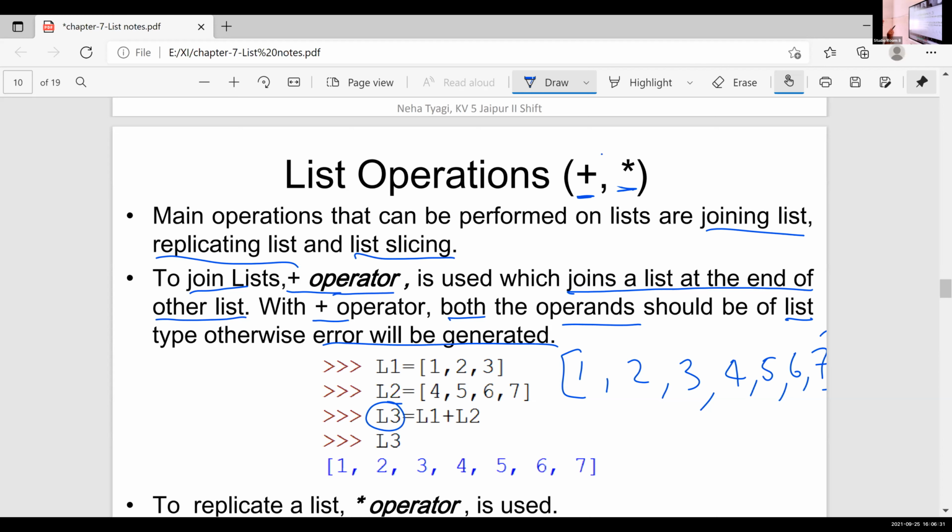Okay, that is, L3 is equal to L1 plus L2 means first the value of L2 is joined with the value of L1 and the combined, joined value, the entire value is copied to L3. The name of this list is L3. Is it clear? Okay. Is it clear, Abram?